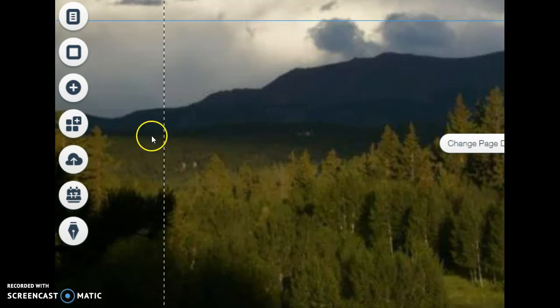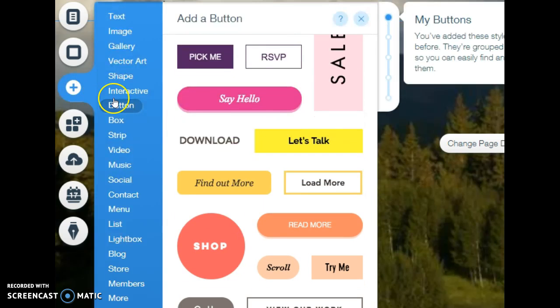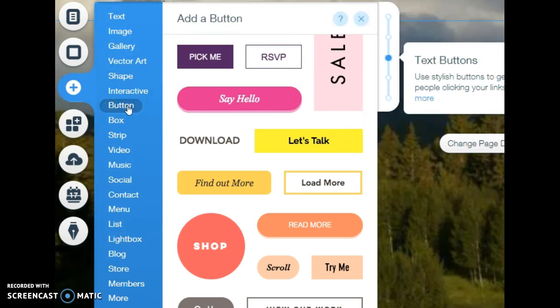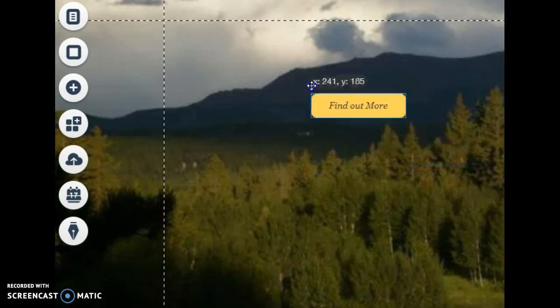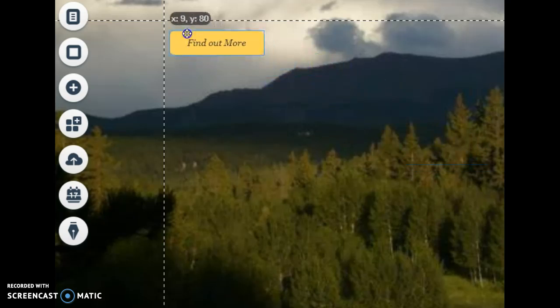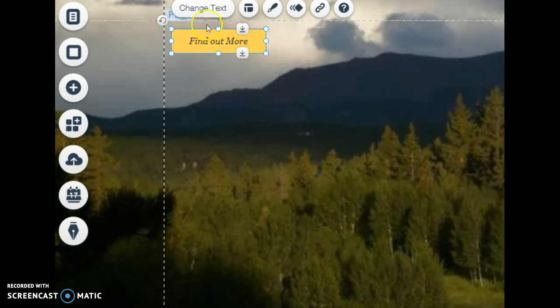is to add some buttons on my home page so that people can navigate the different pages. So I can do Add, and I can choose Button. I really like this button. Well, this button I can add up here. And then if I click on the link,